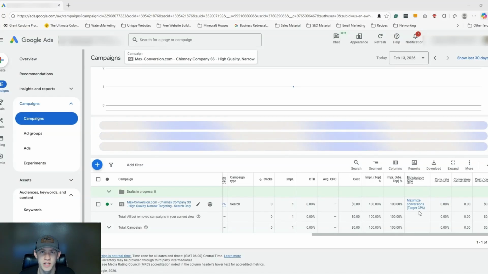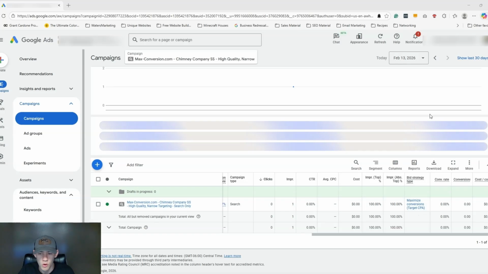I'm going to walk you guys through what keywords are working for us, campaign statistics, and where you guys should be at if you're a chimney company looking to run Google Ads or currently running Google Ads. This may give you a good benchmark about where you should be. I'll give you some tricks and tips and ways to improve your campaign. So let's jump into first the results, and then we're going to jump into keywords and other data from the